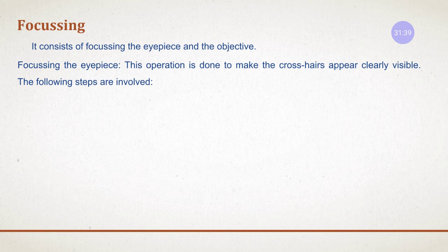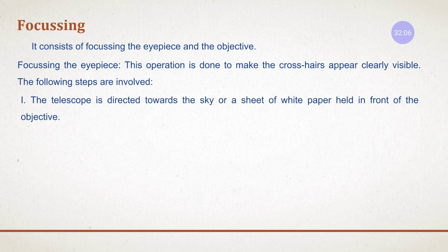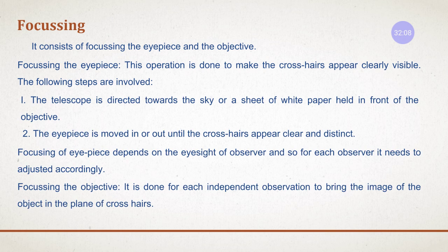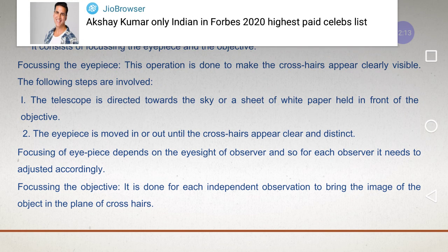Every time when you bisect a new object, you have to focus it so that a proper image is formed over the lens and you can see the accurate, clear image, right? If you are not able to see the crosshair, you're going to turn the eyepiece to get a clear distinct image of the crosshair, right? This is what I have explained to you. This is all in writing,